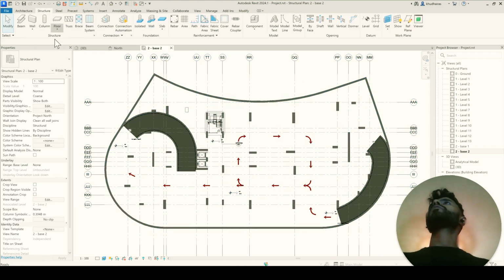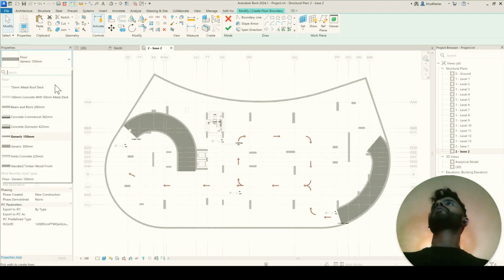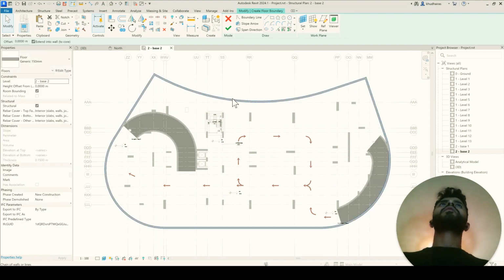So we go Floor, select floor structure, and I'll go here, 150.